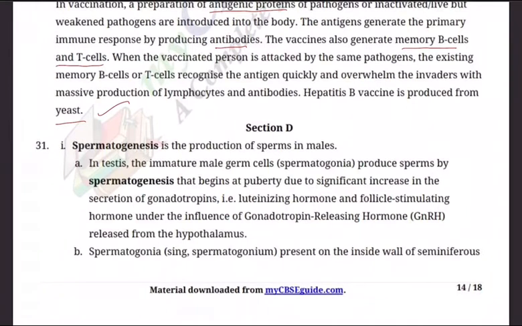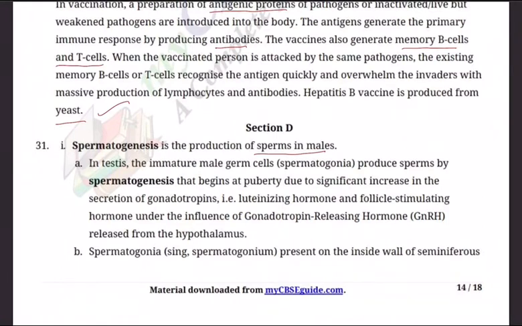Now we go to section D. Section D, as I said, is long answer type questions, 5 marks. 3 questions will be there, again 3 into 5, 15. So section C and section D have got equal importance, 15 marks. Now question 31. Explain the process of